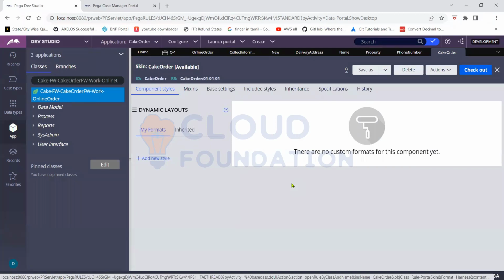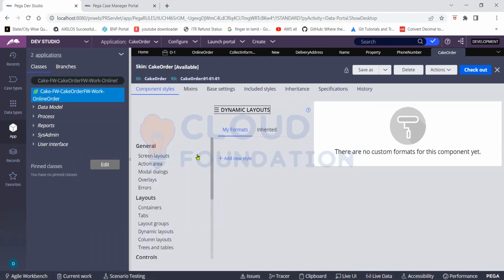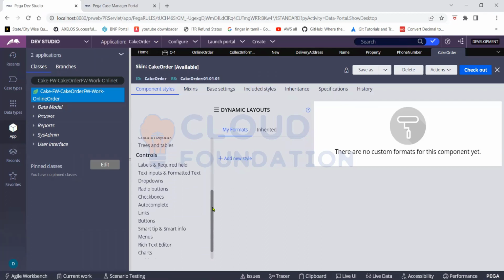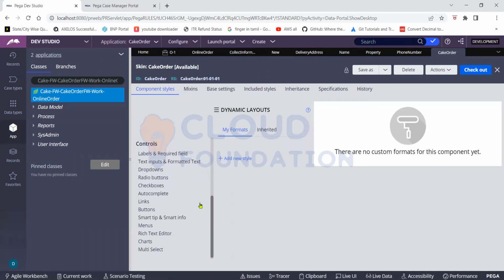Now, see, there is dynamic layouts. You are in dynamic layouts. If you click on the three dots, yeah, you click there. See, you can customize everything. Action area, you can customize. Buttons, you can customize. Labels, you can customize. Checkboxes, you can customize. Radio buttons customize is there. Just for our understanding, if you select radio buttons,